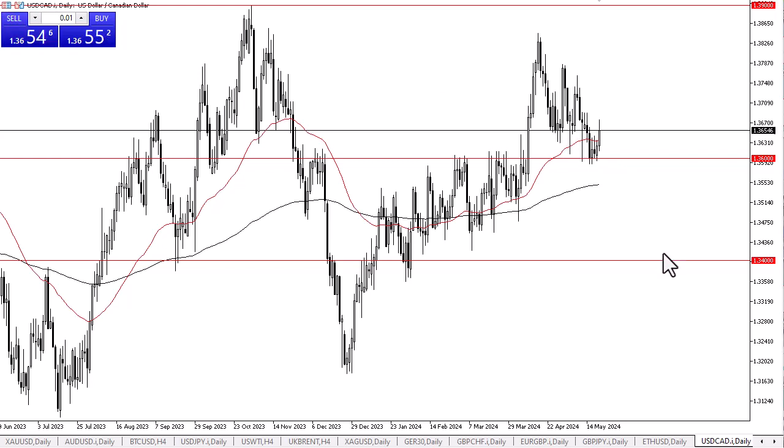The US dollar has exploded to the upside against the Canadian dollar on Tuesday, as we are now well above the 50-day EMA. This is a market that was at an inflection point for several days in the form of the 1.36 level, which is an area that was previous resistance. It now has market memory in the form of support, so I think it's probably only a matter of time